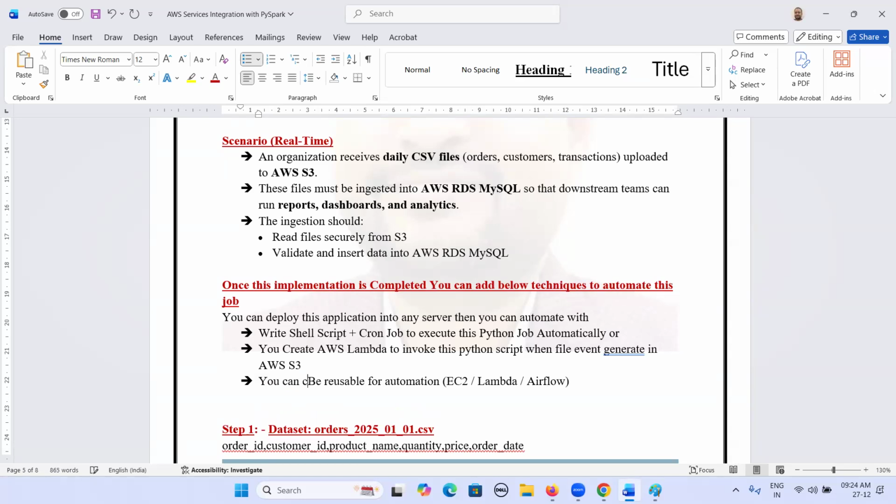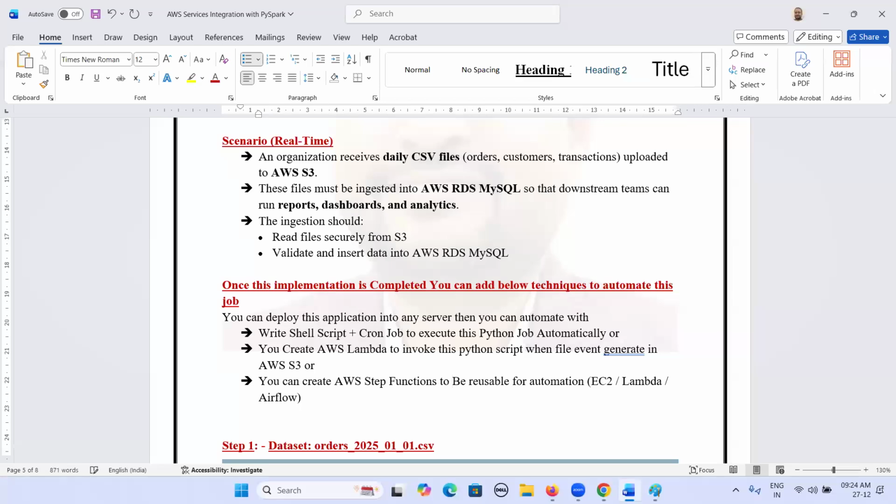Next one. You can create AWS Step Functions to call this Python script, or to schedule this Python script,